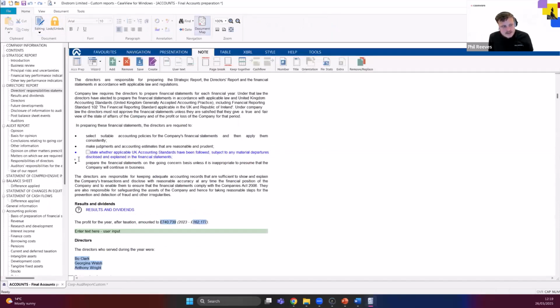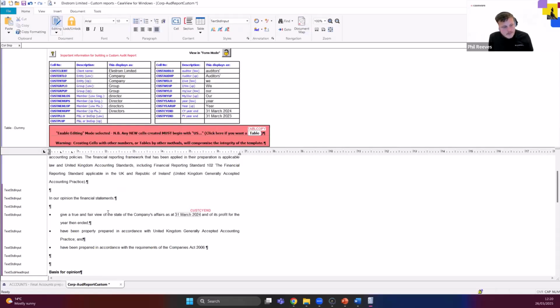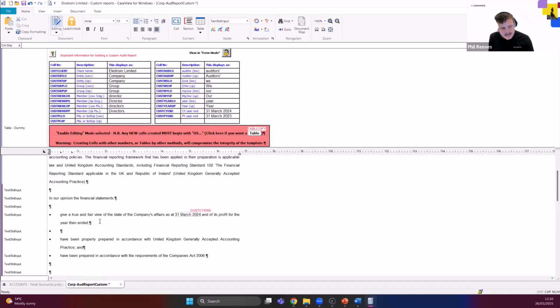If I jump back to the accounts, you can see there's a small space here, a small space here, and a small space underneath this one as well, just to, again, space out those bullet points. If we want to follow that approach as well, all you need to do is put a space between your two bullet points, backspace, and on this paragraph marker, go to the styles option that we mentioned previously, and there